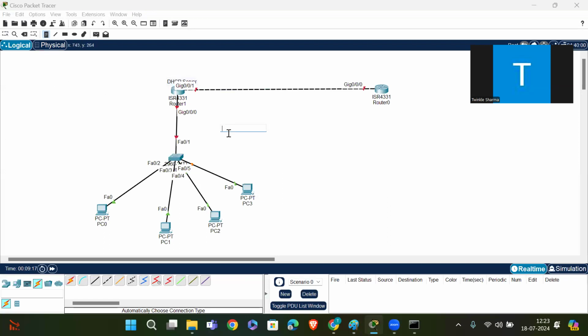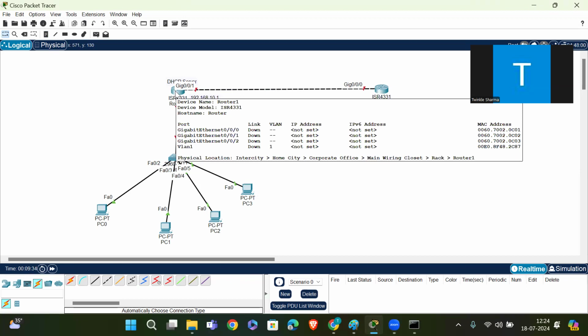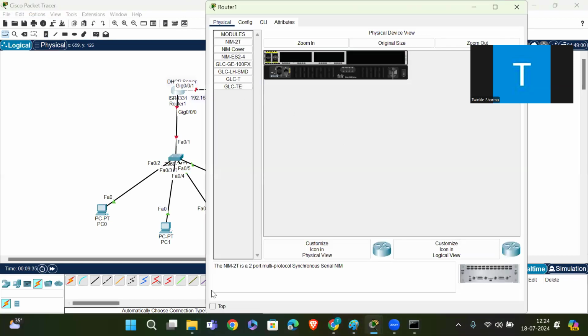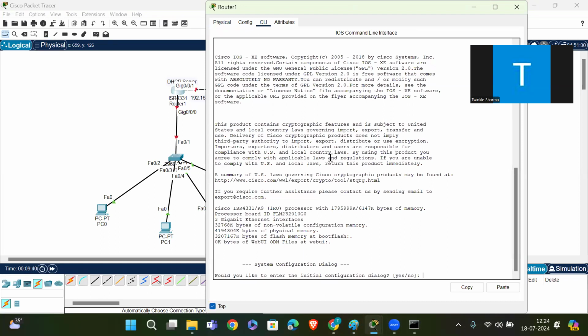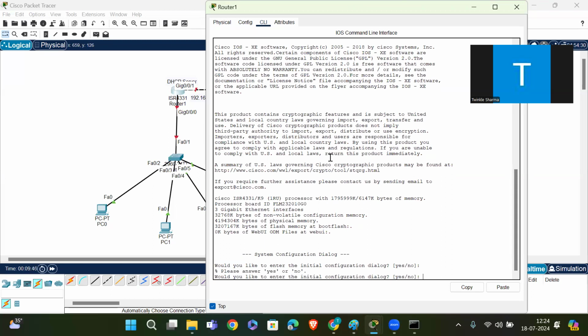Okay, so I will assign this IP to our gateway: 192.168.10.1. First I have to assign the gateway the IP address and make this router a DHCP server. Let's go.